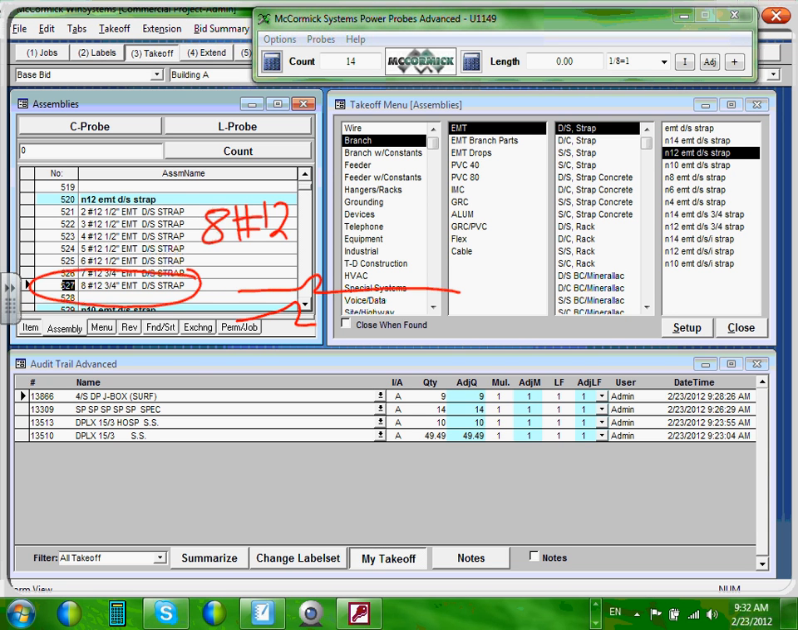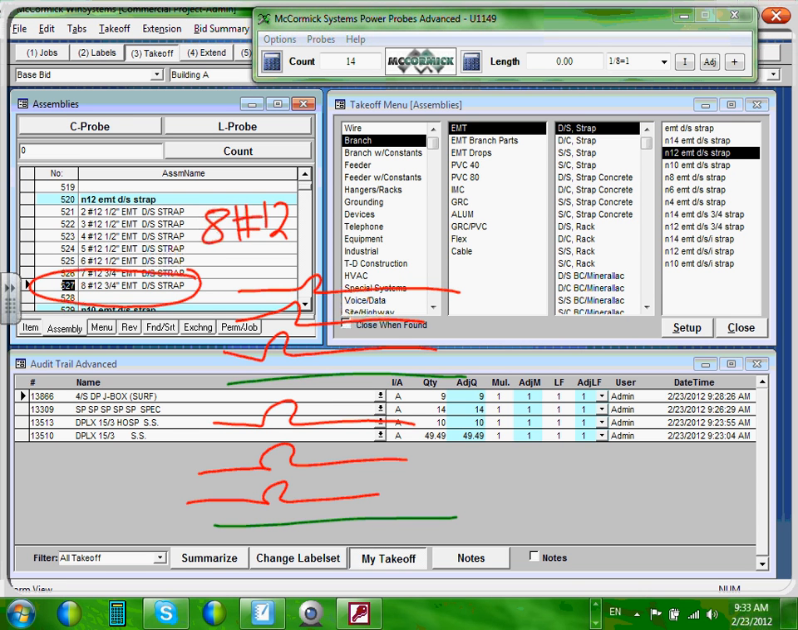Here's 1, 2, 3, and a neutral, and another 1, 2, 3, and a neutral. How many are these? 1, 2, 3, 4, 5, 6, 7, 8. Right? Can you guys see? And I'm going to put them all in a 3/4 of an inch EMT. Does that make sense? I have taken 6 20 amp circuits for receptacles